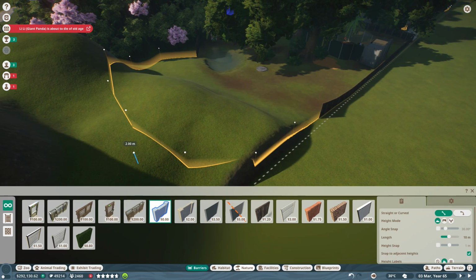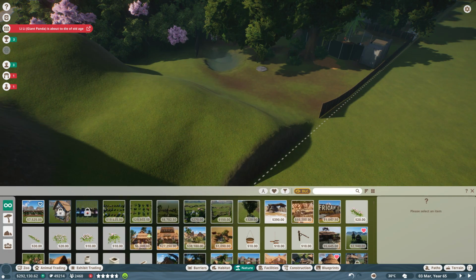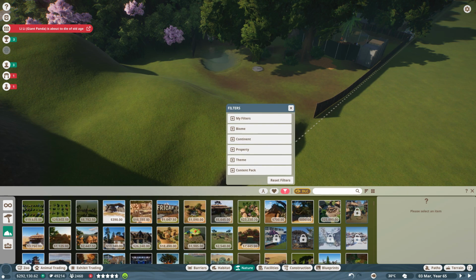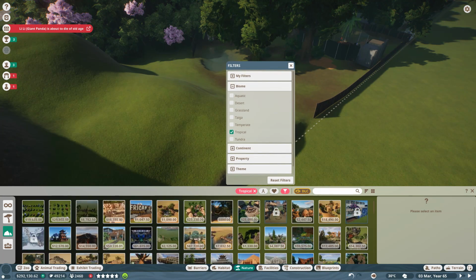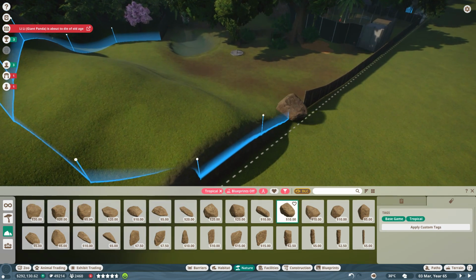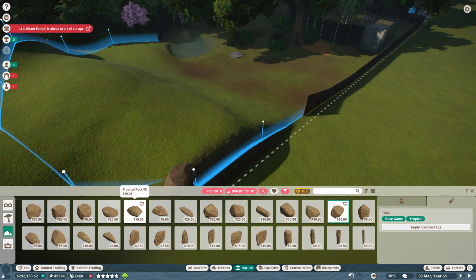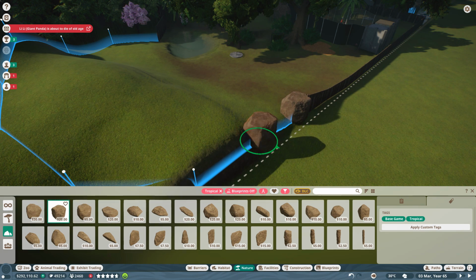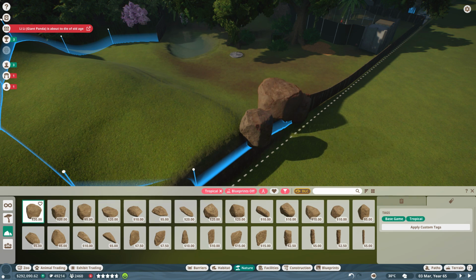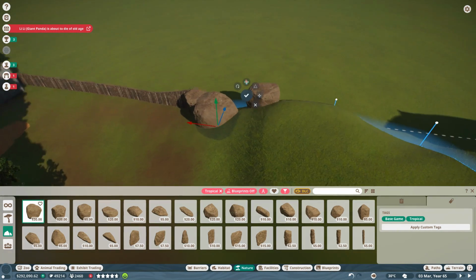And while we're at it, we're going to swap out the wooden fencing for my absolute favorite. You guys know by now, I build with rocks. Why should we bother with anything other than rocks when they are so effective? We want some nice tropical rocks, that's all. Go away, blueprints, for crying out loud. All right, and we'll try to do this really quickly so that we don't spend forever on it. All right. Put down some rocks. Nice. Along the spots where...